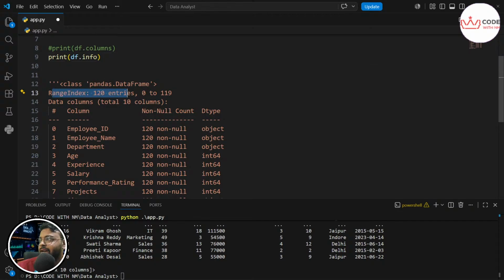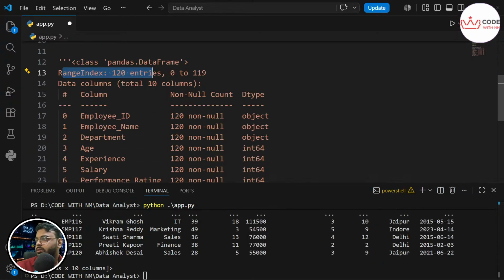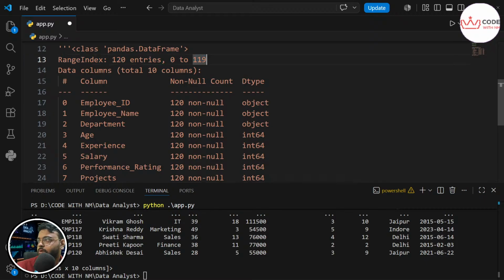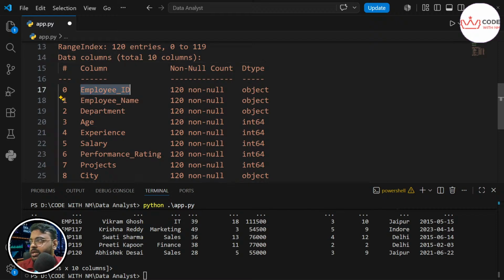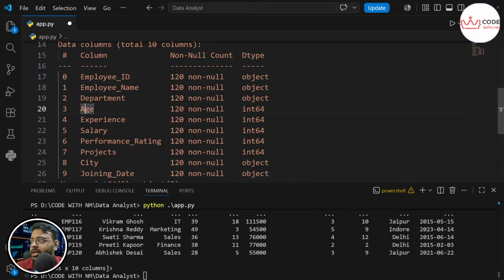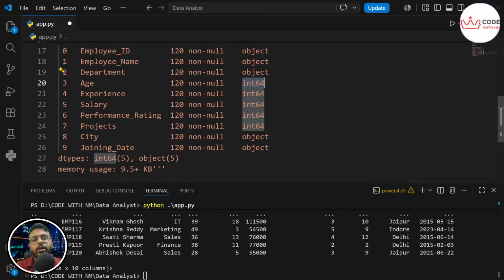It will say range index, 120 entries 0 to 19, data columns total 10 columns, and this is how the column names will be displayed: column, non-null count, so it has all 20 data and it is not null, meaning not empty. Dtype means data type, which is object here. Where it is purely integer, it will say integer, and the type of integer is int64. There are multiple types of integers, the long int and the short int, if you already know this. int64 is long int, meaning it can store a huge value in the form of an integer, for example 10 crores, 1 billion, 1 million.